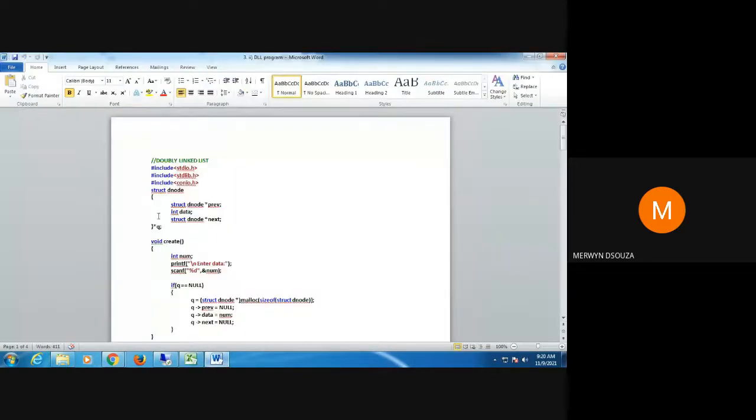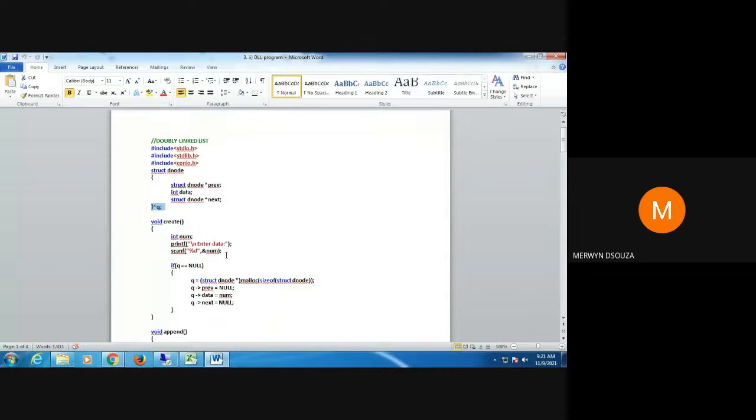So here at the beginning of our program, we have declared the structure of the node. The name of the structure is D node, and we are given the two pointers, which is the previous pointer, which will point to the previous node, and the next pointer, which will be pointing to the next node. Then the third field that is present is the data. So we are having this as a structure of a node. Then I've declared one global pointer q. This pointer q will always be pointing to the first node of the doubly linked list.